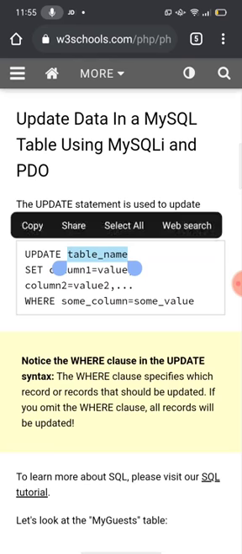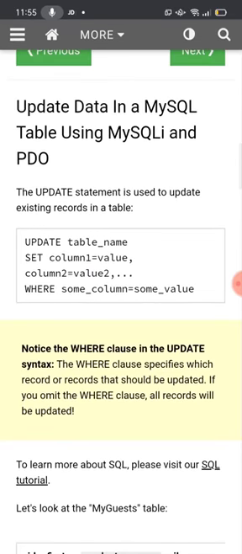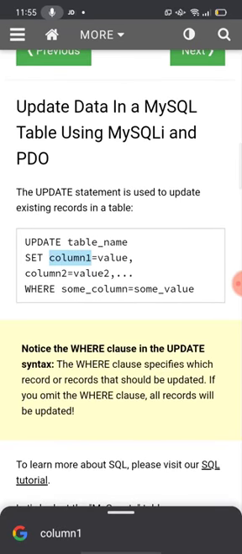Next, the SET keyword. What are you going to set over here? You are going to set a column, meaning making changes in whatever column it may be. For example, I told you, you are going to change the mobile number, contact number. So that contact number column should be written over here, and the new value, the new mobile number, you are going to write there.